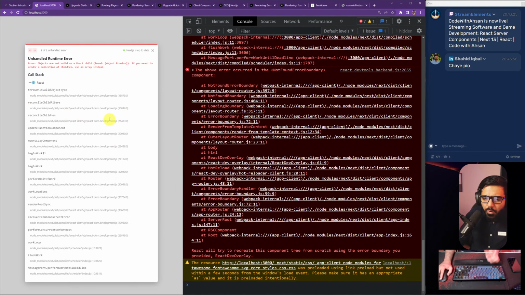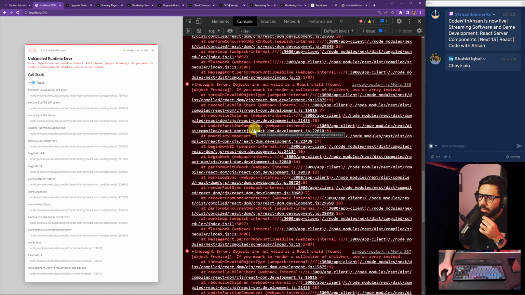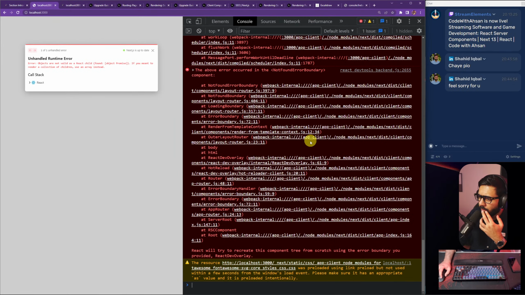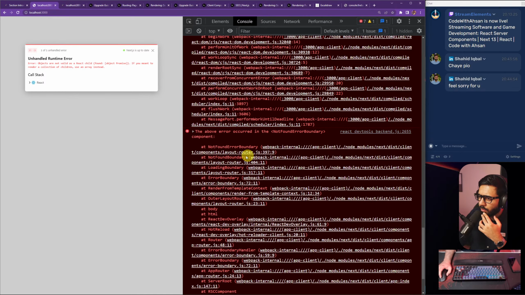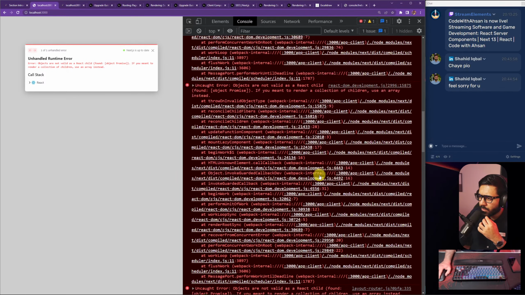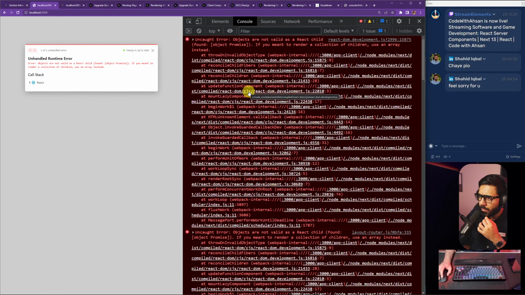Why does it say found object promise? This is a bit weird. Layout router. No, this is a bit weird. Why would you have the not found boundary, not found error boundary? I think the reason could be that we have first